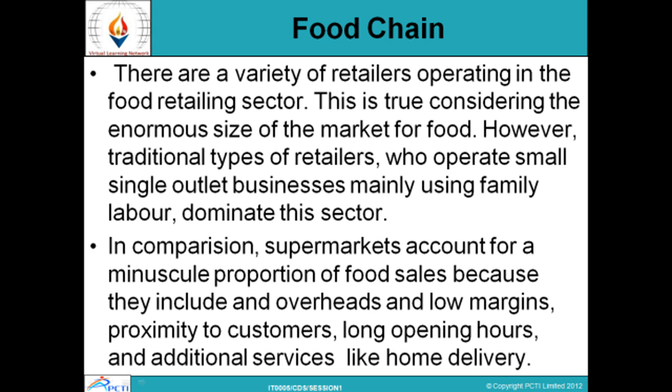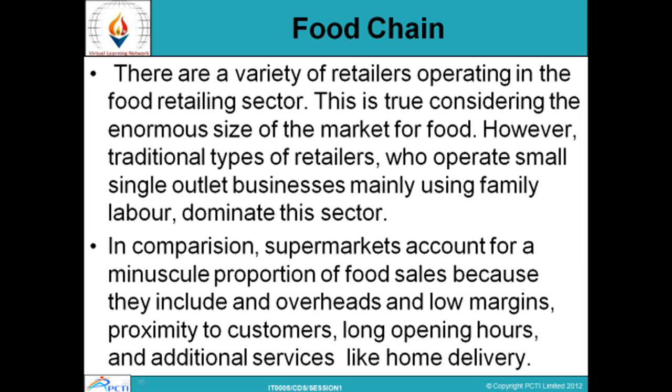Food chain. There are a variety of retailers operating in the food retailing sector. This is true considering the enormous size of the market for food. So there are lots of retailers operating. However, traditional types of retailers who operate small single outlet businesses mainly using family labor dominate this sector. In comparison, supermarkets account for a minuscule proportion of food sales because they include